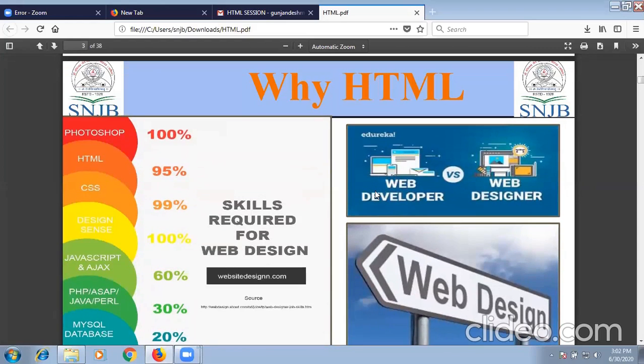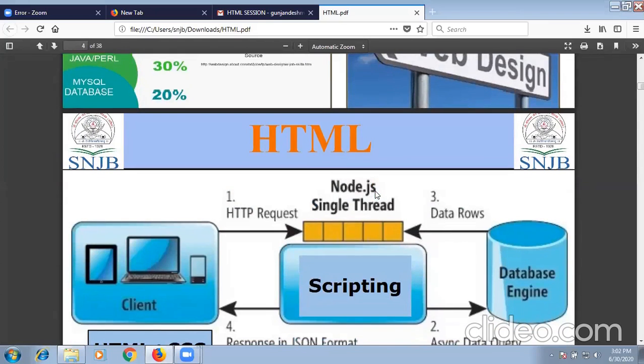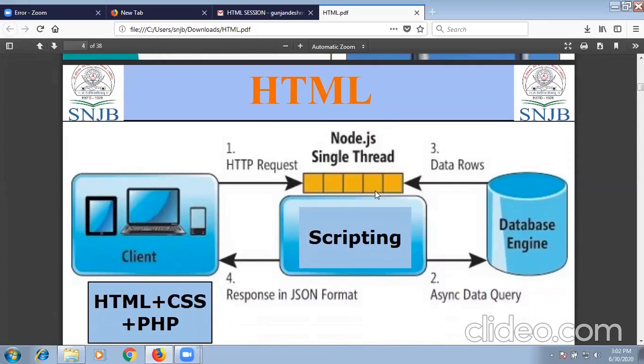For becoming a web developer, along with HTML and CSS, you will need knowledge of databases and a scripting language. There are three steps in development. The first step is your front end. The last step is related to your back end, that is the database. For connecting the front end forms to the back end, you will require a scripting language. PHP is not a front end language. It is used for connecting your form to the database.